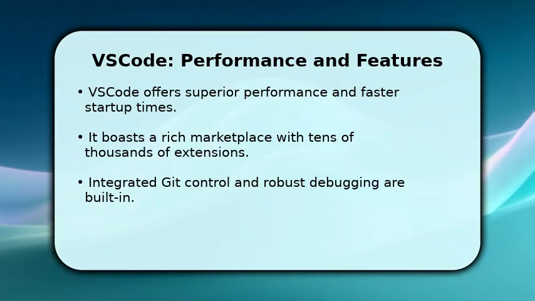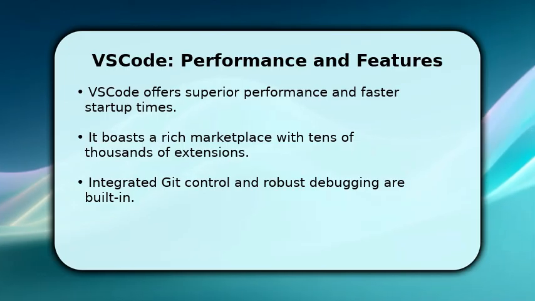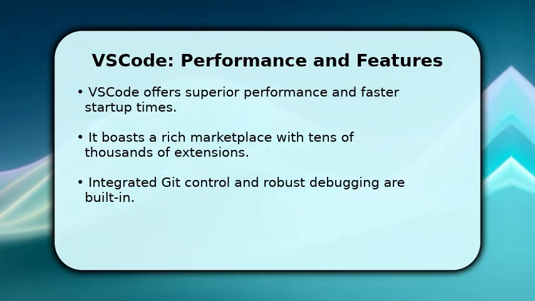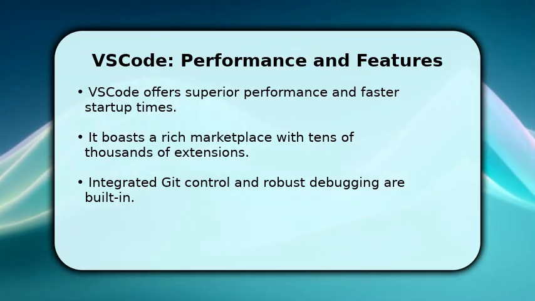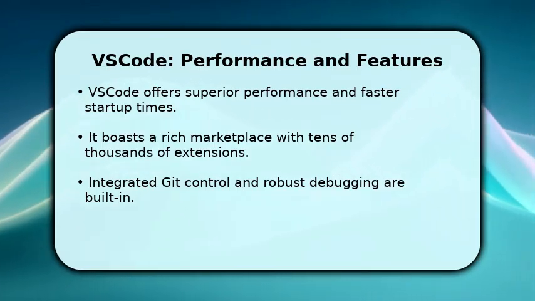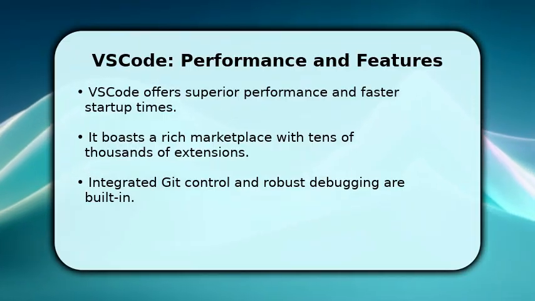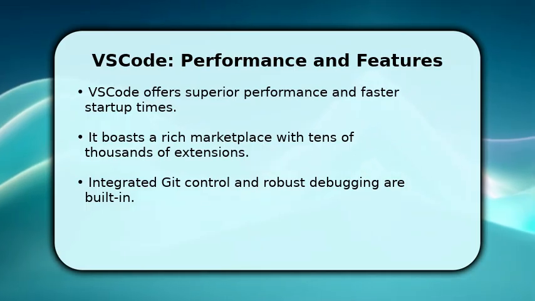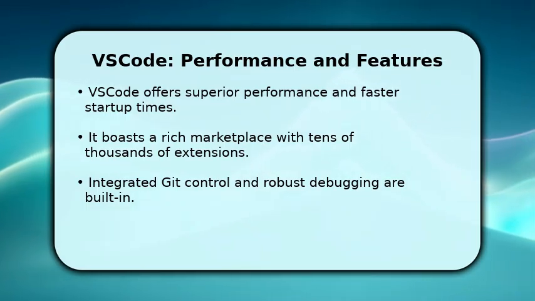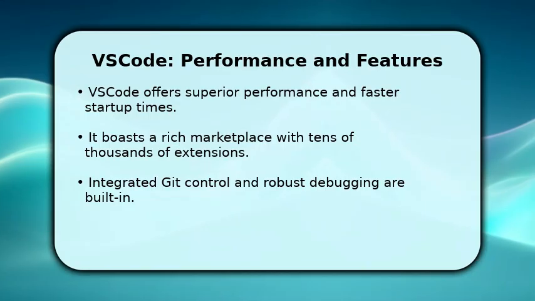VS Code, built on Electron, is renowned for its impressive speed and efficiency. It consistently delivers quicker startup times and a smoother editing experience, even with many extensions. Its vast marketplace offers tens of thousands of extensions, providing incredible versatility. Developers also benefit from its powerful integrated Git source control and comprehensive debugging tools, making it a highly productive environment